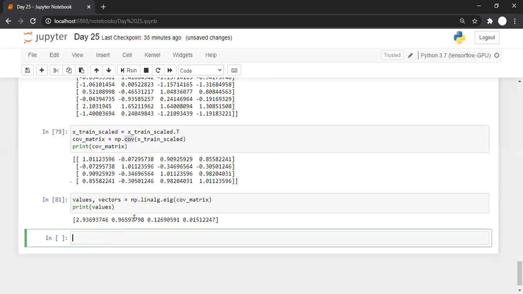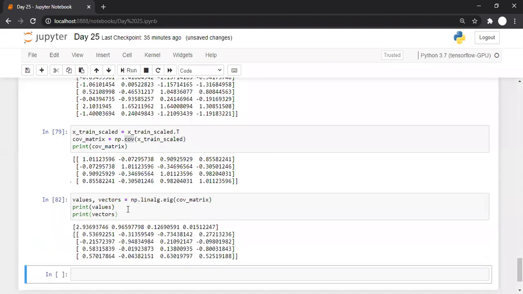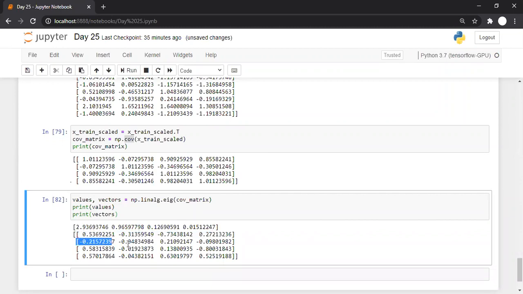And the vectors corresponding to these eigenvalues, let's print them. This is the vector corresponding to the first eigenvalue, second, third, and fourth. So there are 4 vectors corresponding to these 4 eigenvalues.